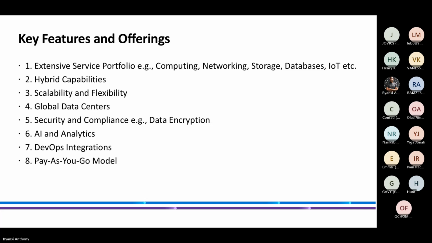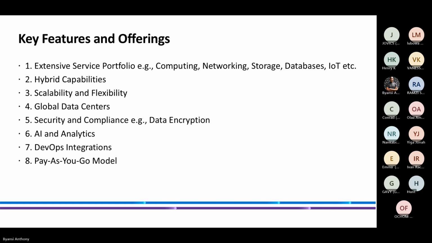And moving along to the next key benefit, that would be global data centers. And what that means is basically, essentially, Azure has over 60 regions. And I'll be explaining the concept of regions in the next slide. But basically, when it comes to global data centers, these are actually distributed around the world. That could be in South Africa, we have a data center. Asia, we have a lot of data centers, and these data centers help you to